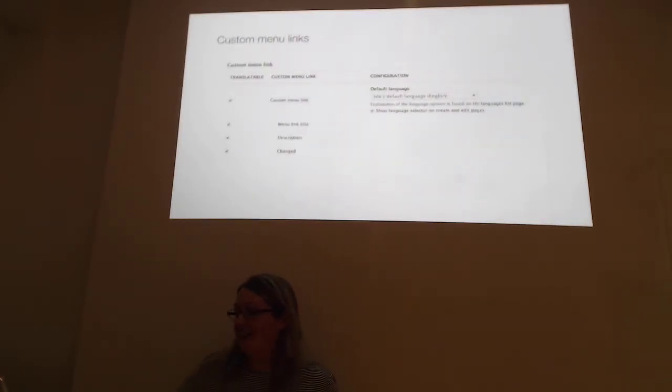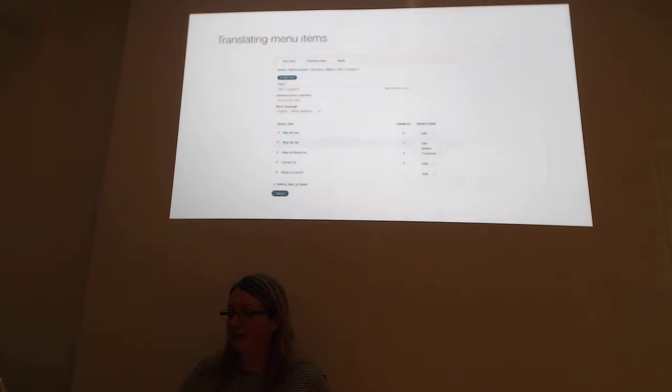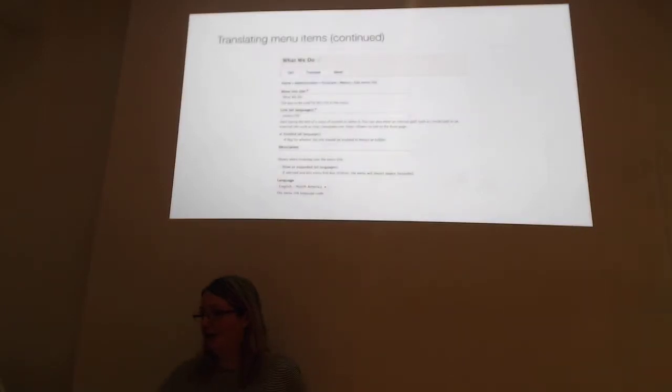So menus, again, are fairly straightforward. It's another type of entity. You can translate that. The one gotcha that not so much got me, but got the translators, and we've given them training, was they're used to going to the entity, so they go to the node, go to the translate tab, and then translate. They did this for menus. They went to the menus, saw their links, and then hit translate menu. What that actually allows you to translate is the title and the administration summary, not the actual links in the menu. You actually have to hit the drop down beside each link and click translate there. So that was just one little gotcha.